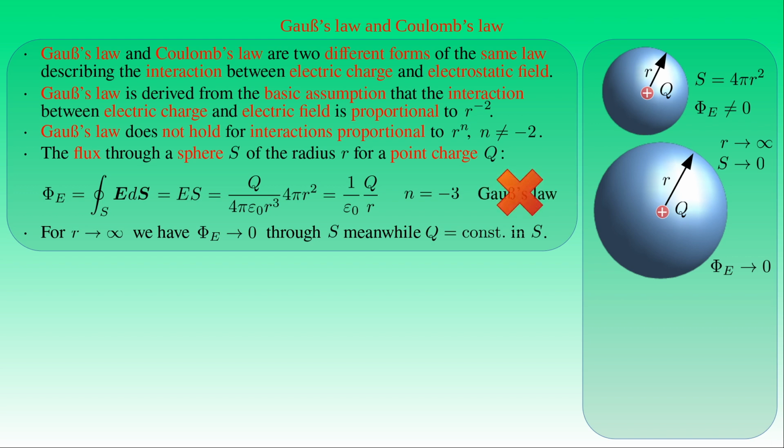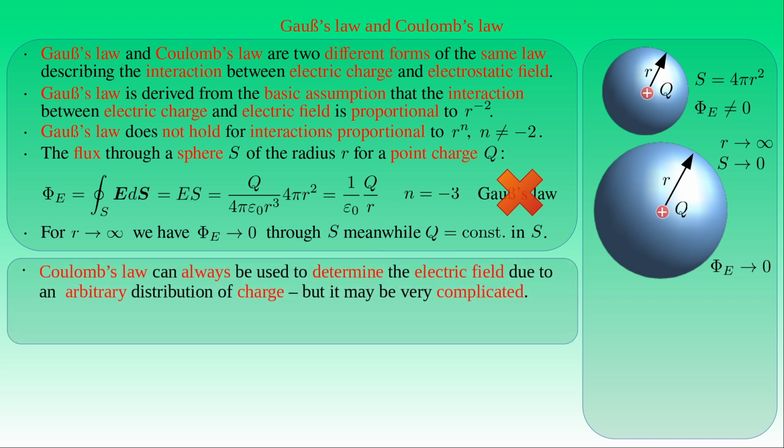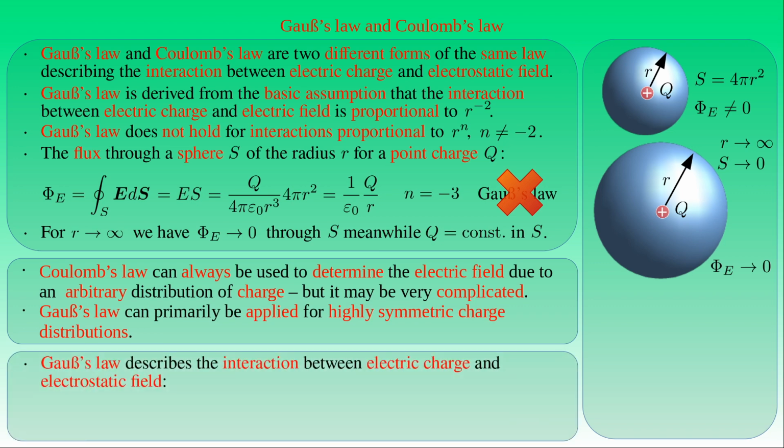We also note that Coulomb's law can always be used to determine the electric field due to a given distribution of charge. However, with few exceptions, it is a complicated procedure. Gauss's law can primarily be applied for highly symmetric distributions of charge, which provides a very simple method to determine the electric field strength. In the integral form of Gauss's law describing the relationship between electric field and charge, the electric field E in the integrand is not necessary due to the charge Q in the right-hand side enclosed by